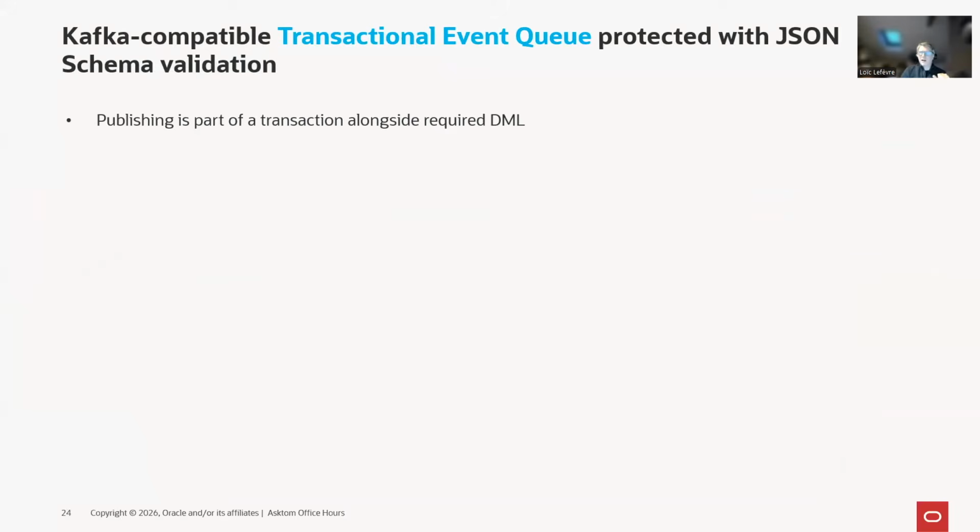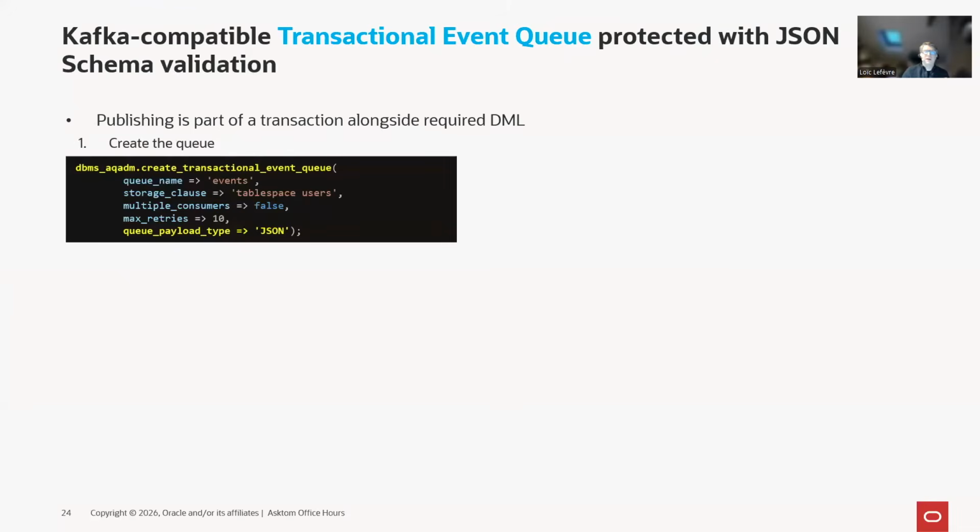Interesting topic as well. Maybe you know about advanced queuing that has been improved for 26 AI, and now it's called transactional event queue. Basically, that's a way to provide a queuing mechanism within the database with transactional consistency. And that's where you can provide a JSON payload. Well, guess what? For this JSON payload, you can as well provide a JSON schema validation for your queue. We also make one of the APIs Kafka compatible, so it gets very interesting and very neat for you.